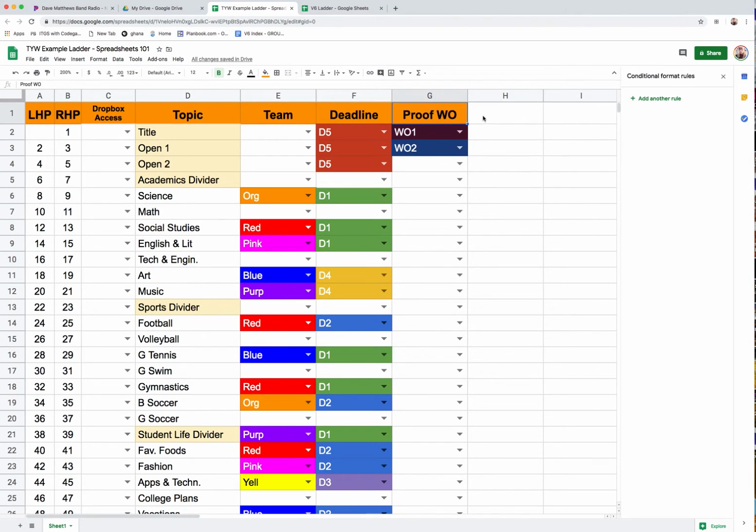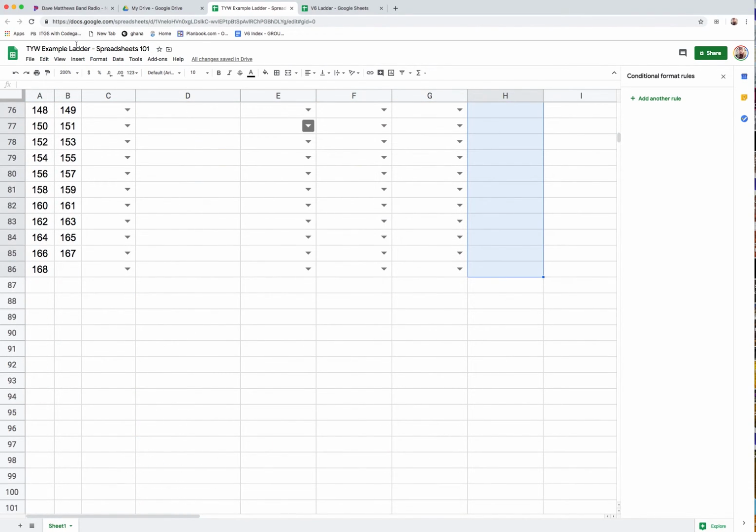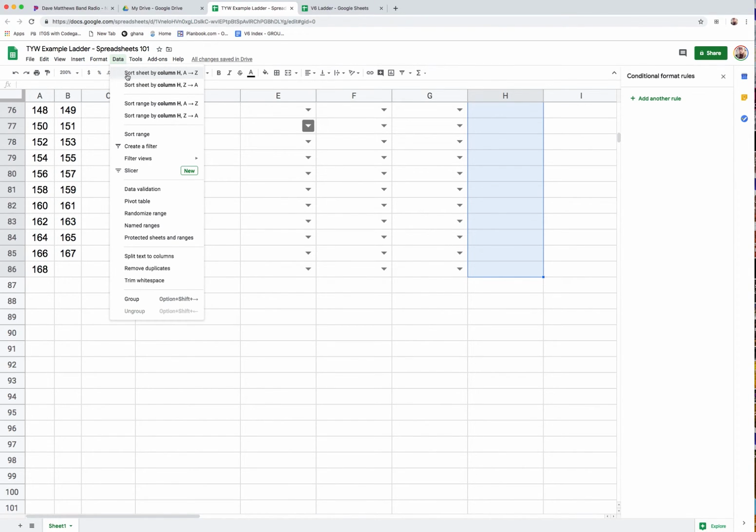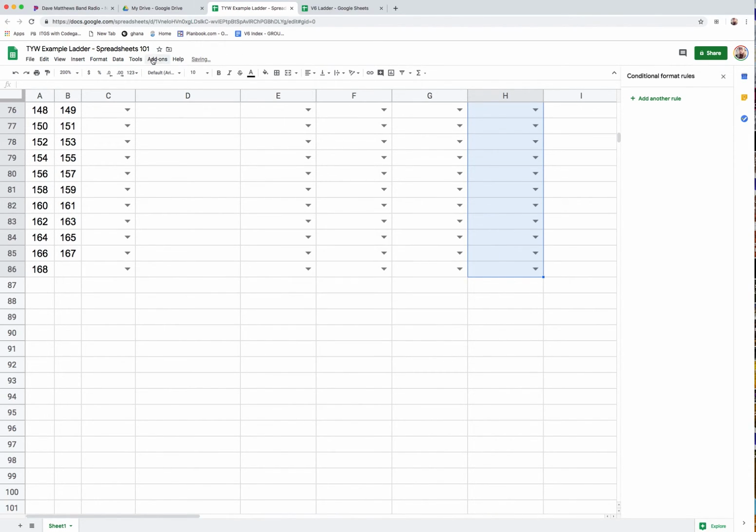First thing we're going to have to do is bring over G1. We'll make this a status box. And once again, we're going to go to data validation and conditional formatting. You can see it's like the same recipe on everything. Let's see, what could we call these? We could call these working, draft, edited, proofed, final. Let's go for that. All right, hit save, and just for kicks and grins, we're going to conditionally format that,